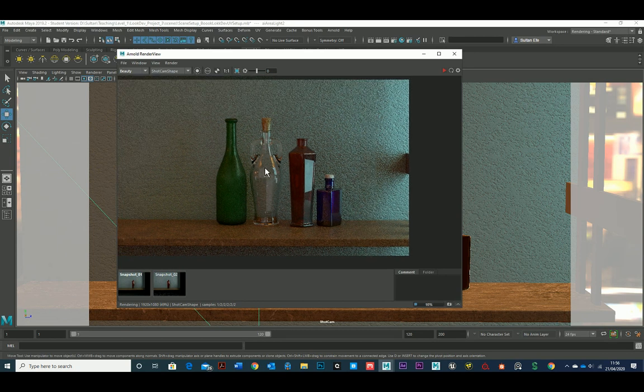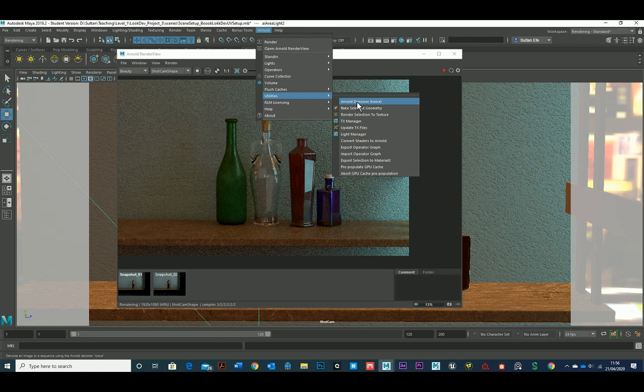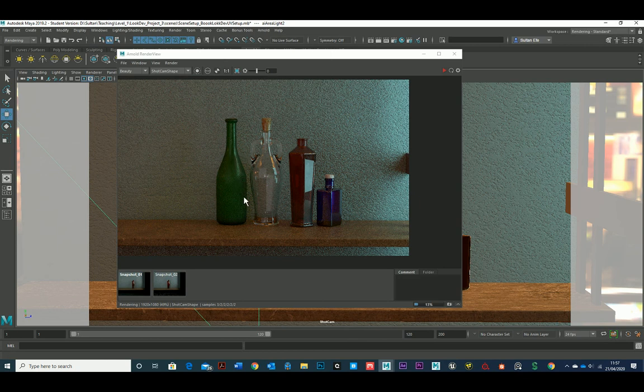I let this run. One final thing, as I mentioned before, is to gain a bit of render time, and also in case you don't want to use the post denoising. Remember, in one of the videos I talked about when you finish your render, if you still have noise, you can go to utilities and Arnold denoise, but this is kind of a post denoising. This is like photo retouching almost. But if you don't want that, and you just want what you see in Maya, but you get noise,